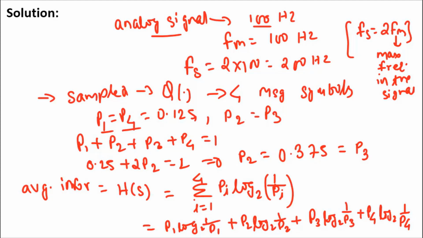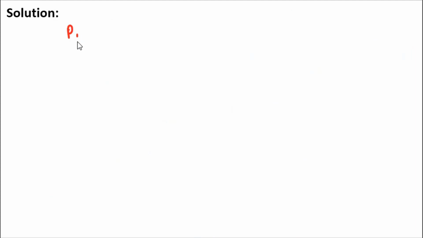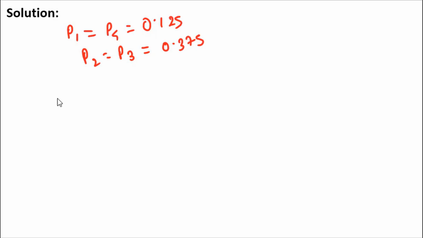So when you put the value of P1 equal to P4 equal to 0.125 and P2 equal to P3, which you have calculated as 0.375, then you get H of S as